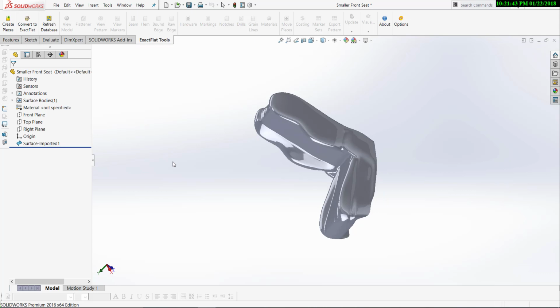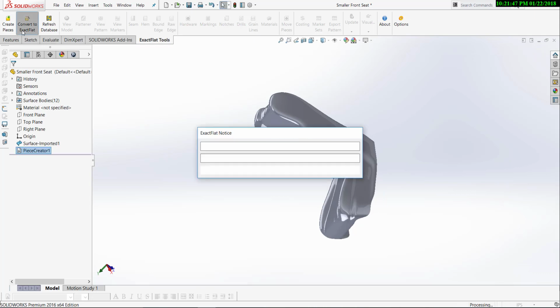And the next step is to go in and convert this into an exact flat part. So I'll just hit the convert to exact flat. So it's going to take SOLIDWORKS render mesh, bring it into exact flat. So there's a lot happening here. What it's going to do is take all those meshes that were created by the laser scanner and retessellate them,